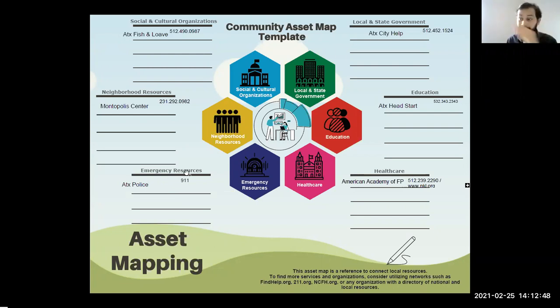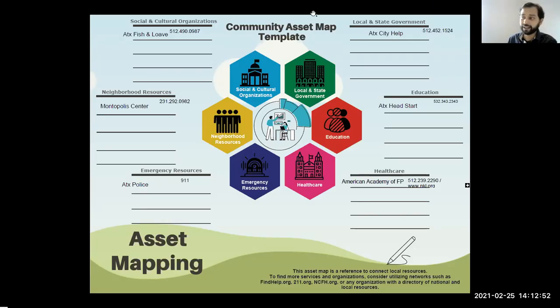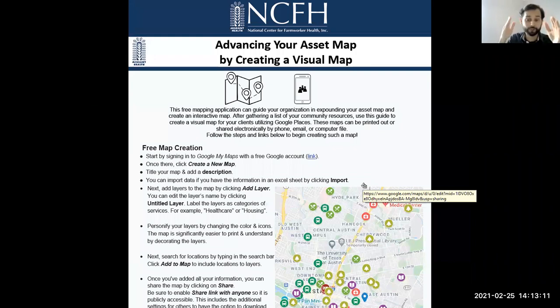You can also print out just a blank page here, like the blank spreadsheet or the blank asset map, and you can have that provided to the patients, and you can write it down for them, or they can write it themselves, to anyone's preference, right? This is why I kept saying the sky's the limit. Now, I'm glad you are seeing the potential here, because then we want to create a visual map,